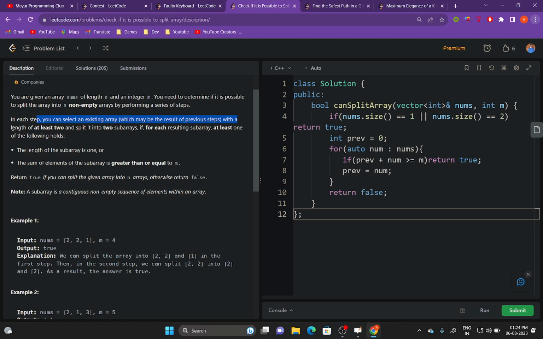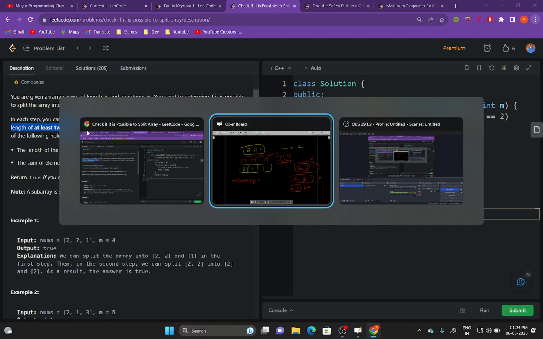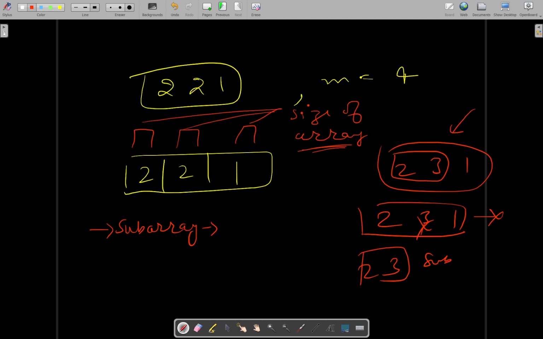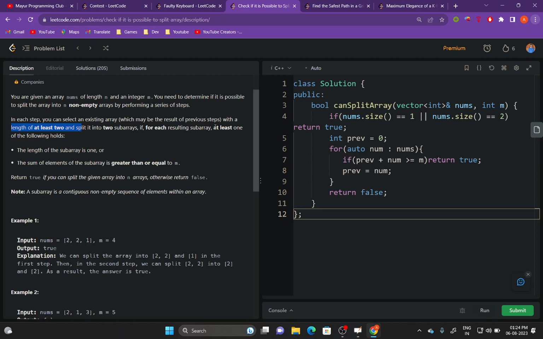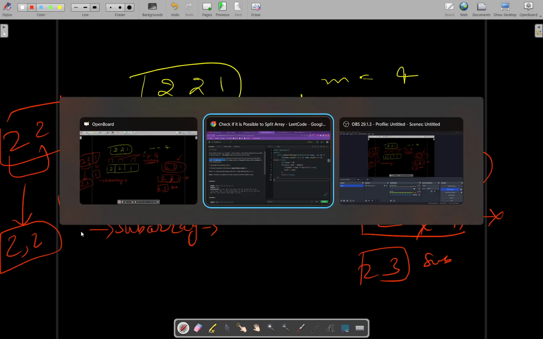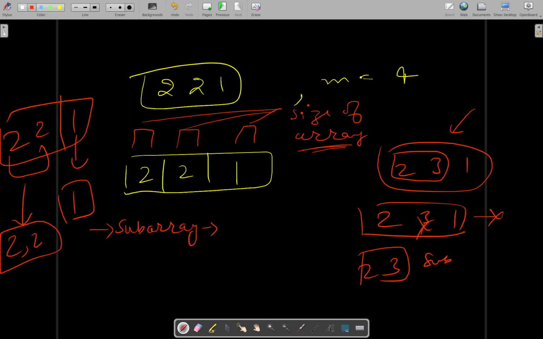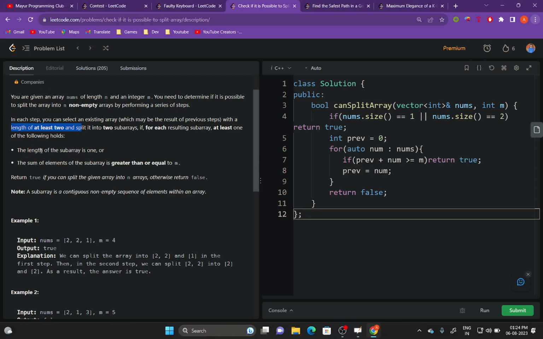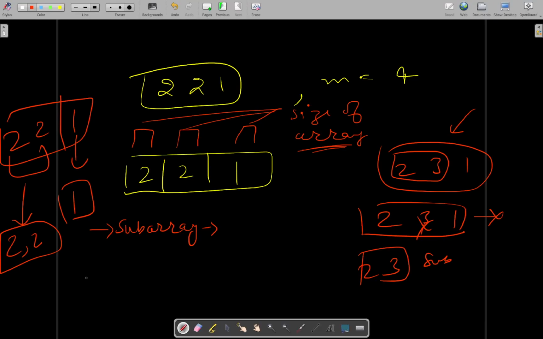What you will do is, let's say you perform a split here. For each of the resulting subarrays, what will be the two subarrays found? This will be the one subarray that will be found, and this will be the other subarray that will be found. So after the split, each of these subarrays should satisfy either of these two conditions, which is either the length of the subarray should be equal to 1,